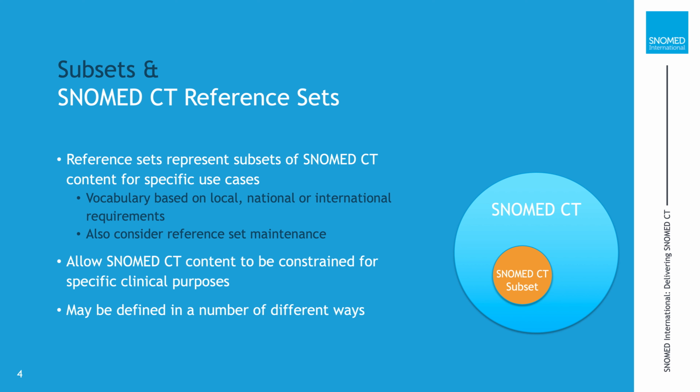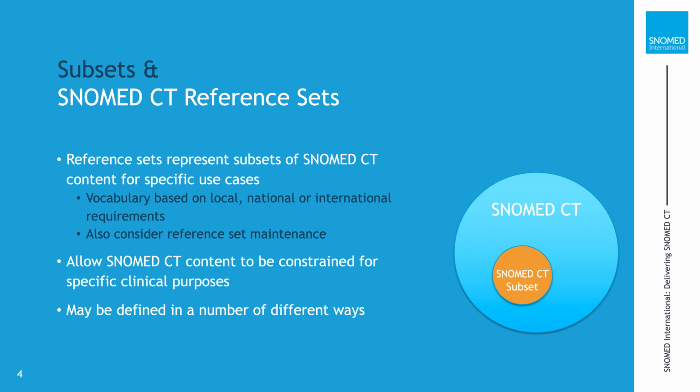A very simple example for implementation purposes is to consider a clinician working in a cardiology clinic. For their normal work, they only require concepts related to cardiology, and these may be diagnoses, procedures, or clinical findings. A subset can provide a solution to this by providing a constrained list of concepts, which in turn can enable faster and more relevant data entry. However, the use of a subset in an EHR does not preclude the clinician from accessing all of SNOMED CT if this is required. For example, when a patient arrives in the clinic with a diagnosis related to kidney problems.